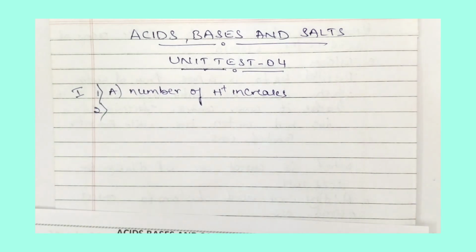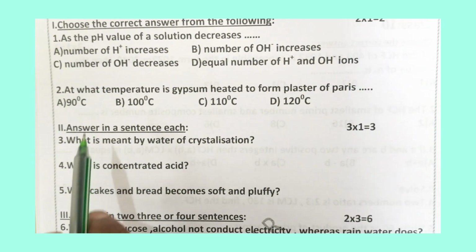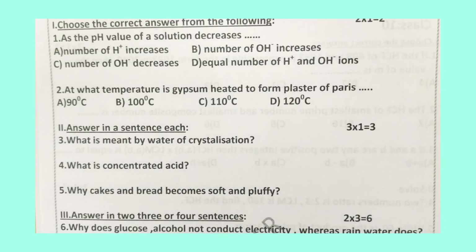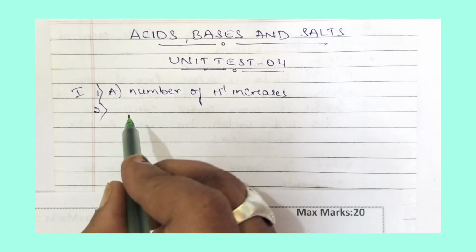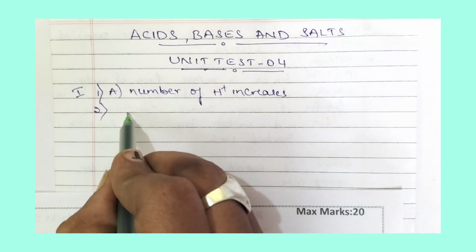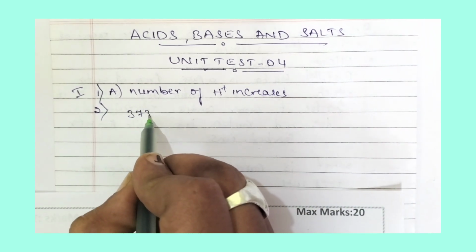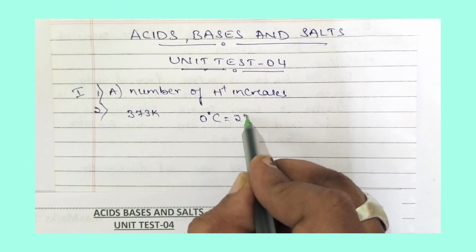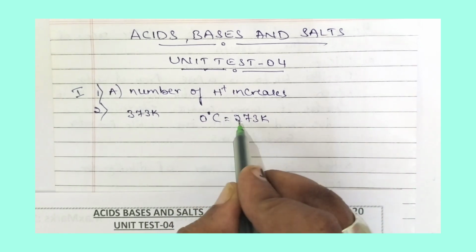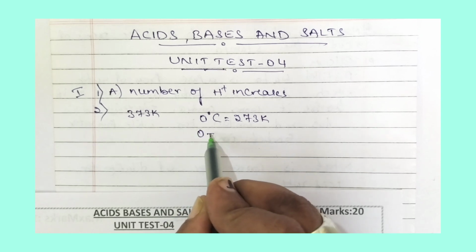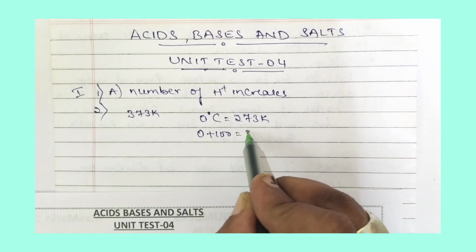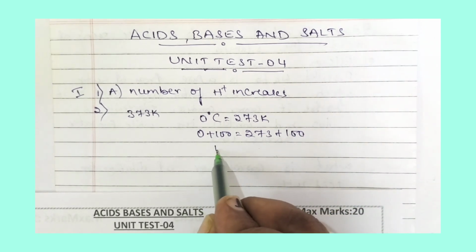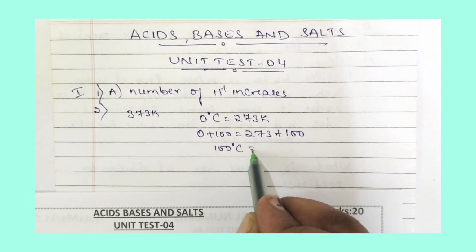So now let us move to the second question. At what temperature is gypsum heated to form plaster of Paris? In our textbook they have given 373 Kelvin. So we know that 0 degrees Celsius is equal to 273 Kelvin. Add 100 to both sides. 0 plus 100 is equal to 273 plus 100. So 0 plus 100 is 100 degrees Celsius is equal to